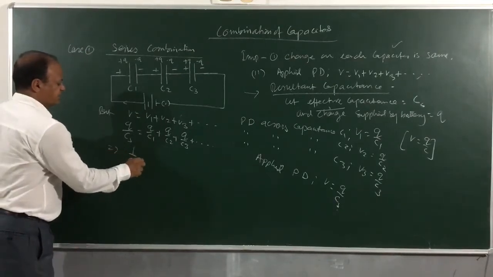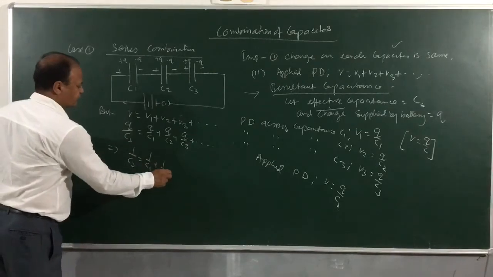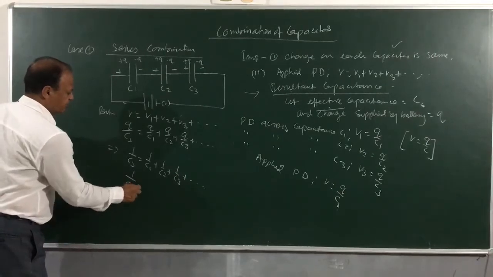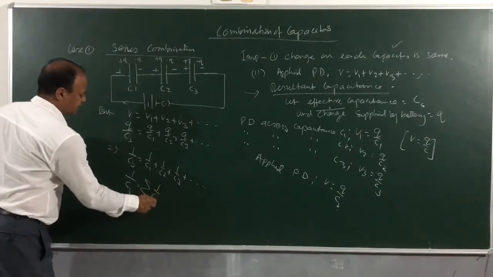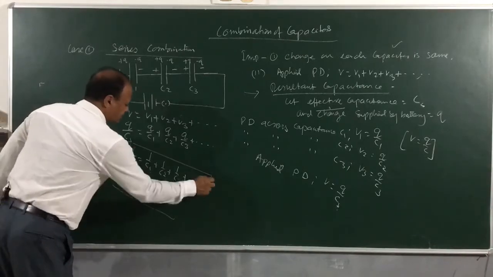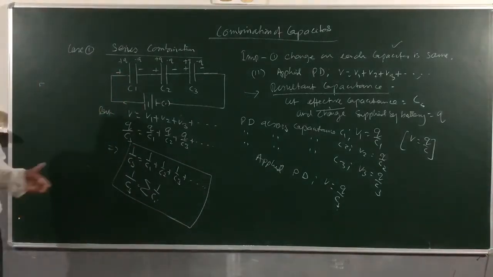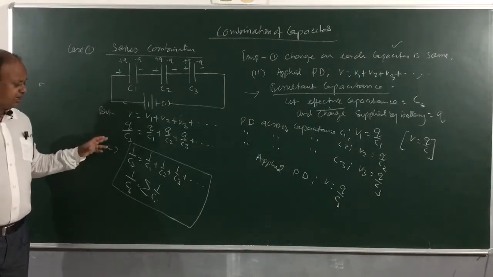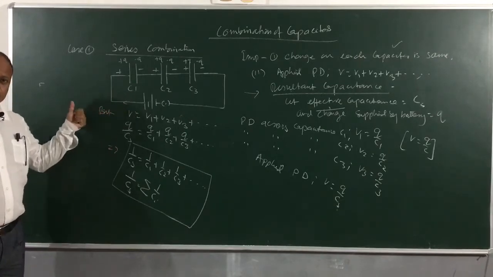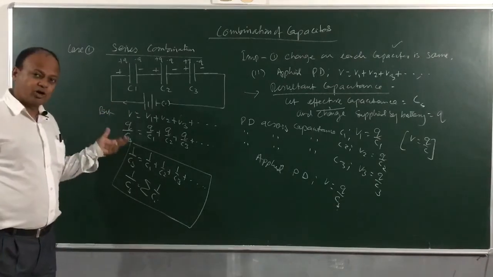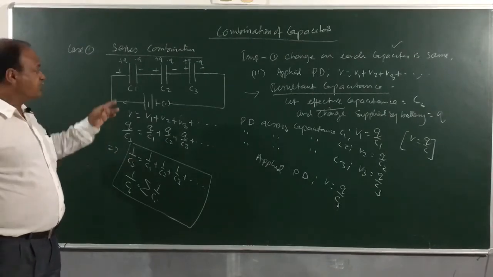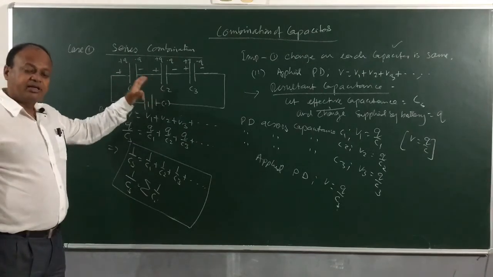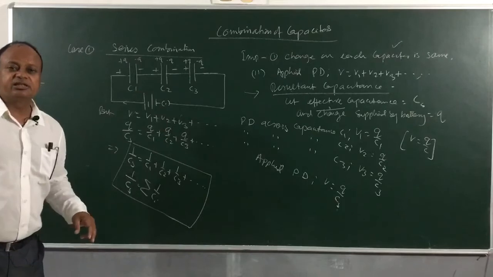1 by CS is equal to 1 by C1 plus 1 by C2 plus 1 by C3, or 1 by C for series combination will be sigma of 1 by Ci. So children, this is the formula we got in case we have series combination of a number of capacitors. You can be given simple numericals on this. Numericals can be more complex also, but you have to remember in series combination, positive will be connected to negative, negative will be connected to positive, meaning oppositely charged terminals should be connected together, right?